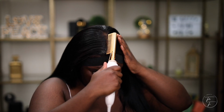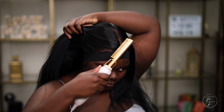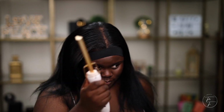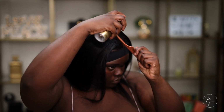So the way I fix my part is, I guess, unconventional. It's the easiest way I have found so far, and to be honest, whenever I do this step, it always comes out so perfect. So what I did was I already put the powder and the concealer in my part, but I find that goes all over the place, even on the hairs, and I always like my part to look very, very sharp. So what I did was I placed this comb right in the center there,